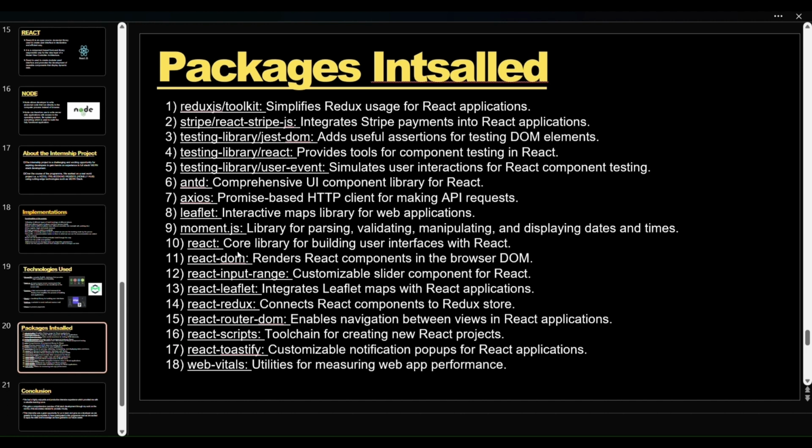Packages we installed during the project: Redux Toolkit, which simplifies Redux use for React applications; React Stripe JS, to integrate Stripe payment into a React application; testing library jest-dom, which adds useful assertions for testing DOM elements; testing library React, which provides tools for component testing in React; testing library user event, which simulates user interaction for React component testing; and